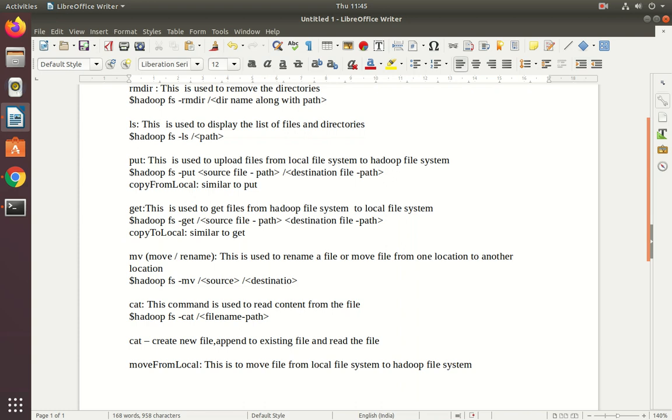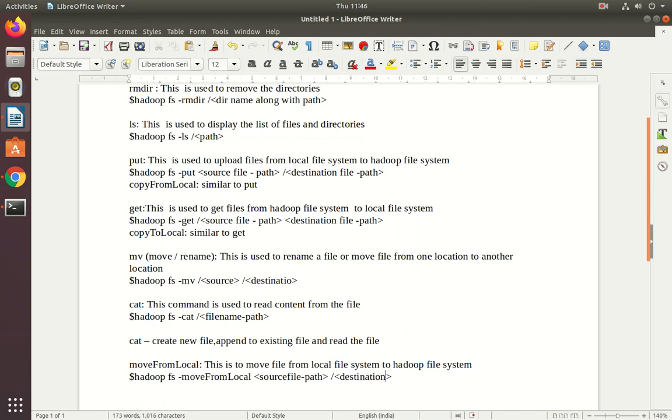The command is hadoop fs -moveFromLocal, followed by the source file along with the path, and then the destination.